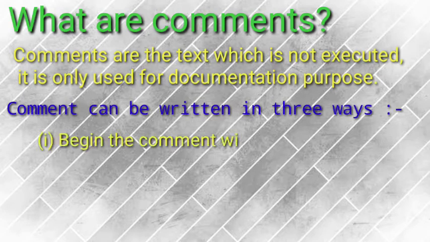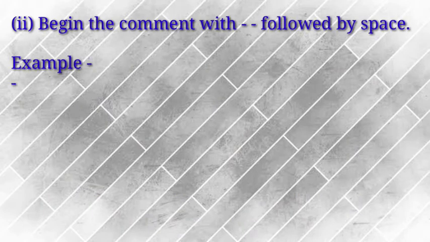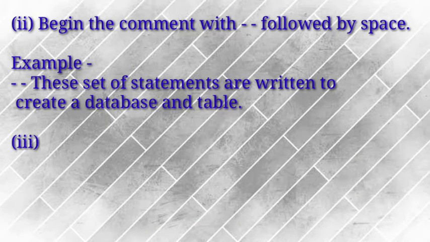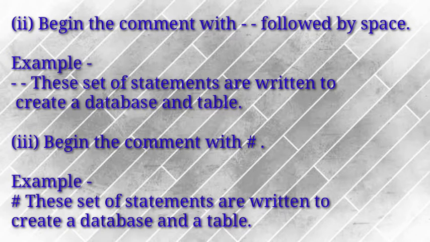It can be given in three forms. First, you can begin the comment with a slash and an asterisk, and then close it with an asterisk and a slash. You can see the example here which I have written. In the second form, you can begin with two dash signs and then proceed with the comment. Now, you can also give the comment with the help of a hash symbol. We were using the hash symbol in Python as well to write comments. So these are the three ways you can provide a comment in SQL.